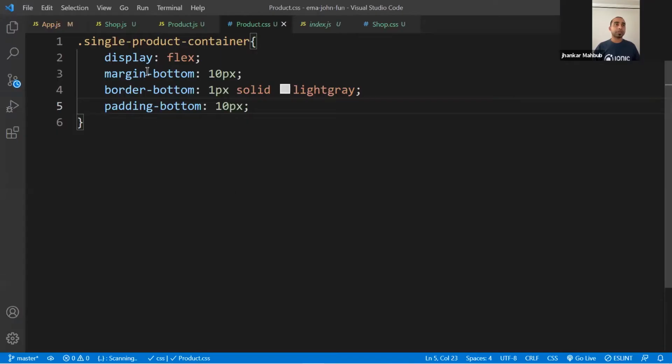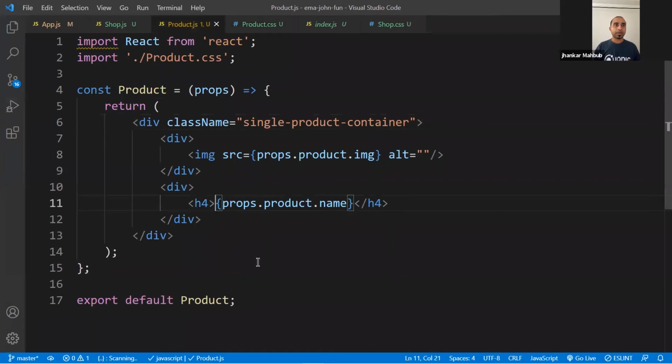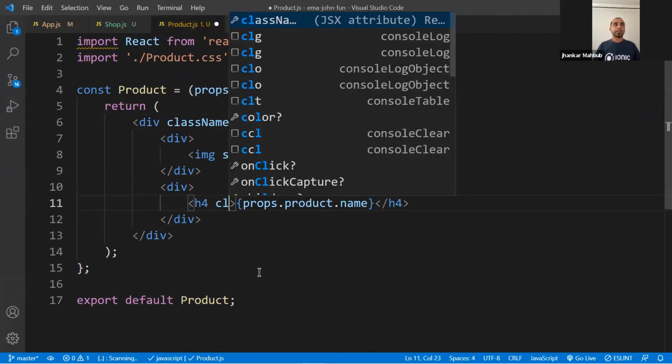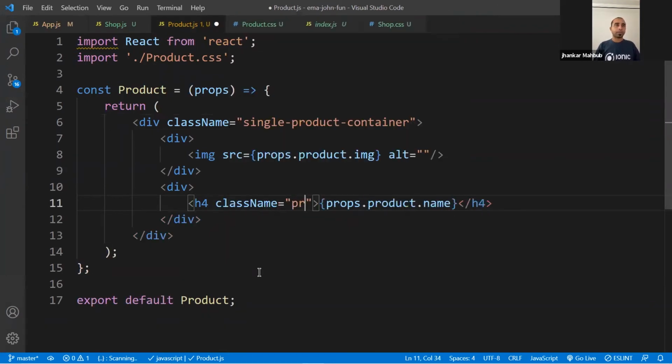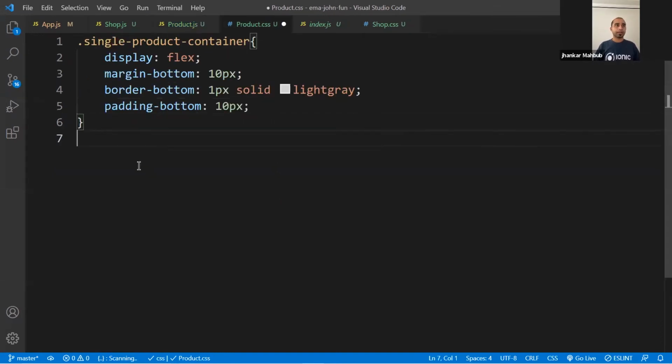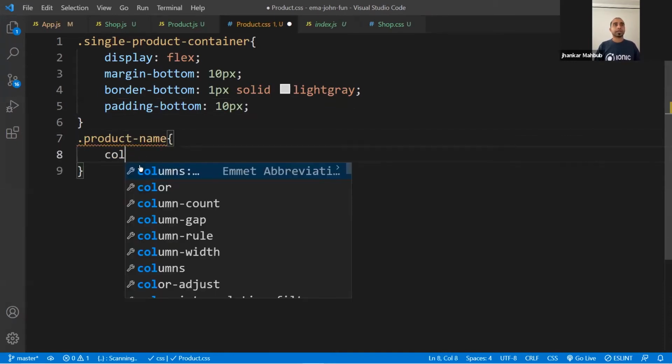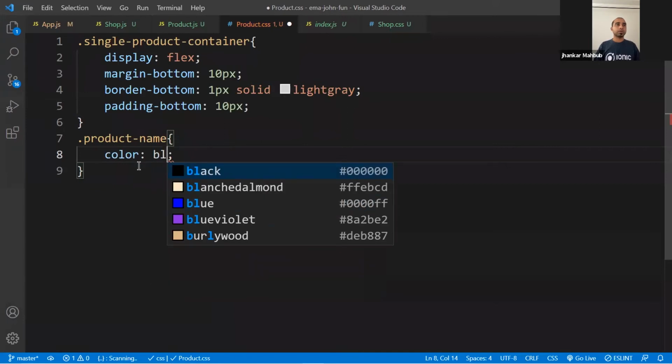And if you want to, you can actually change the title. That's super easy. You can put a className, and this would be product name. And you can do product name here. They come here, and this would be product name. And here the color is blue.